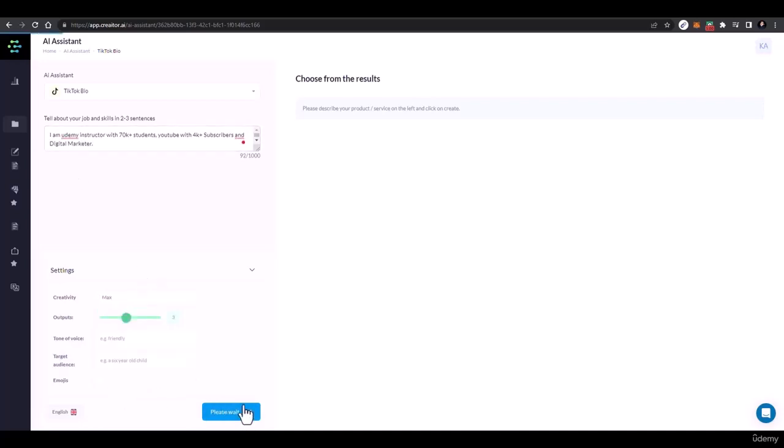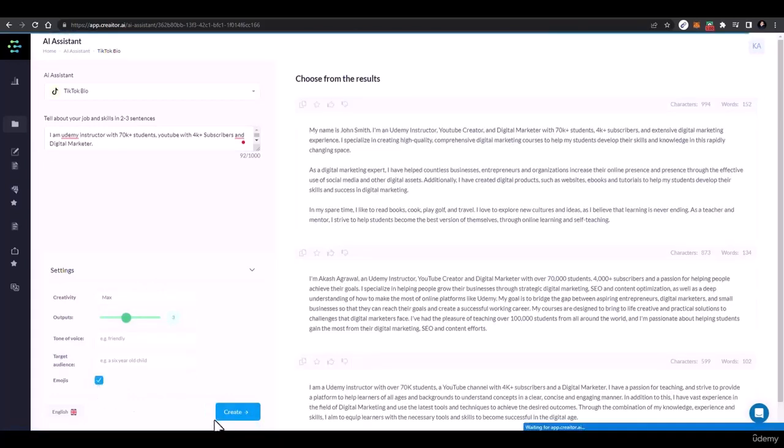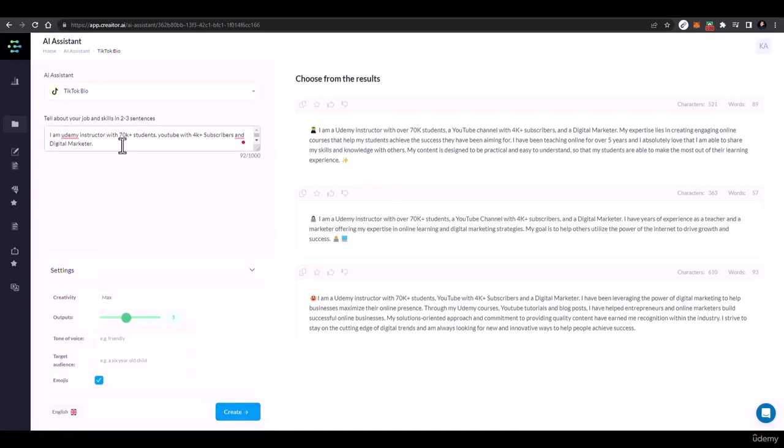I'll click on max, I'll click on create, and I'll also add emojis here, and I'll just again click on create. I just forgot to add my name, so I'll just add my name as well. I'm Khadeen Akbar, Udemy instructor, and so on. So I'll just click on generate now,